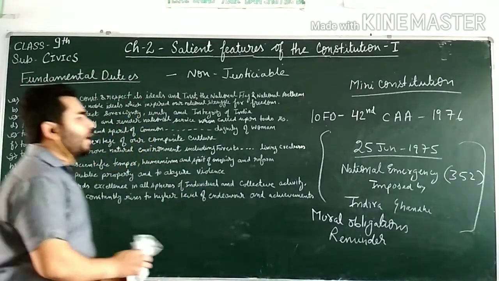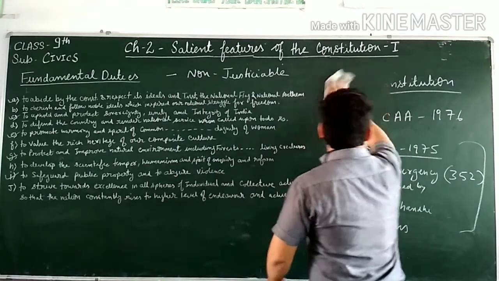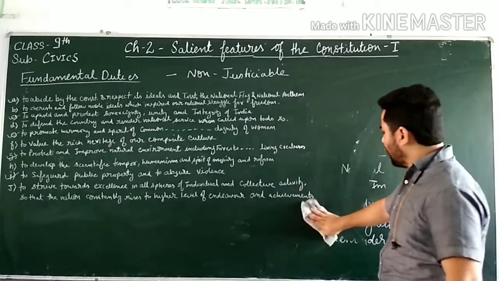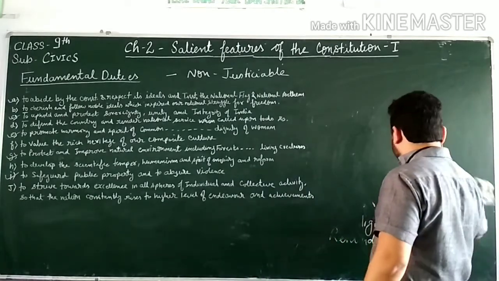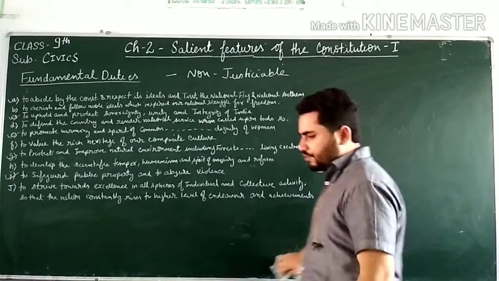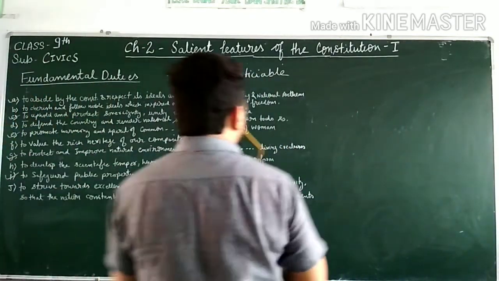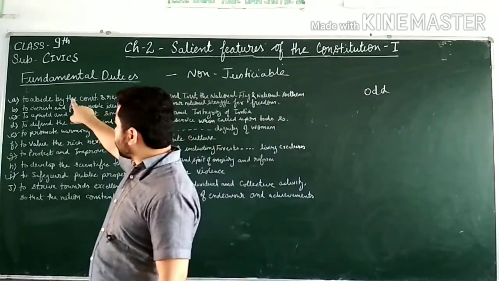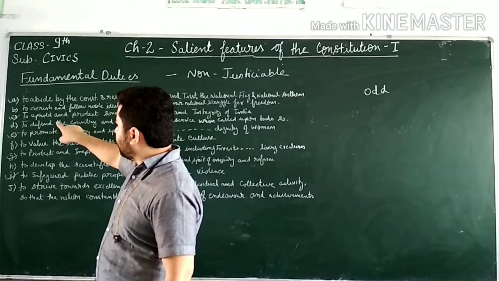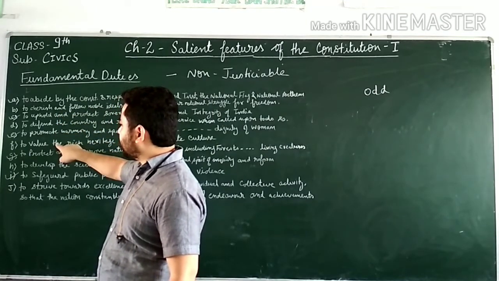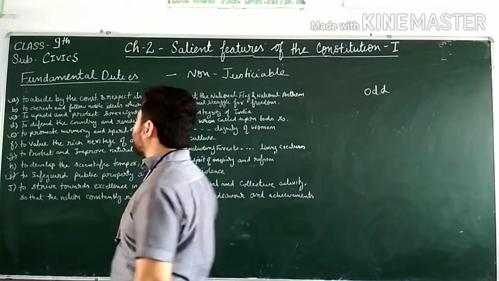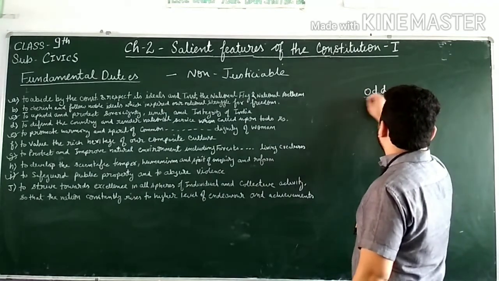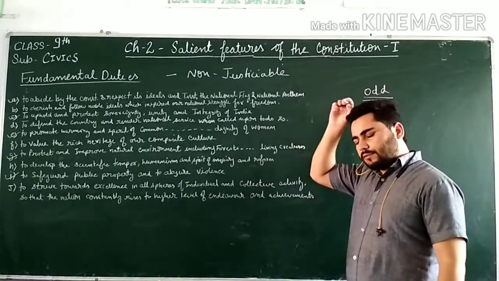So let me tell you why I have marked these fundamental duties. Which ones? A, then C, then E, then G, and then I. So these are all odd numbers. This is the first one, then I have left the second one, then third, left the fourth one, then fifth, left the sixth one, then seventh, left the eighth one, then ninth. So these duties which have been marked here are odd duties, in odd serial numbers,